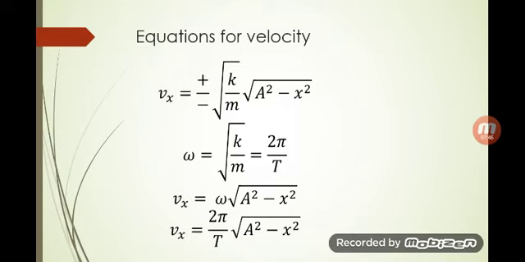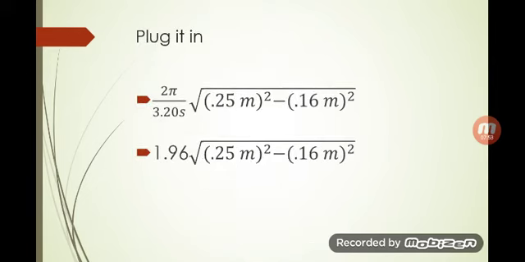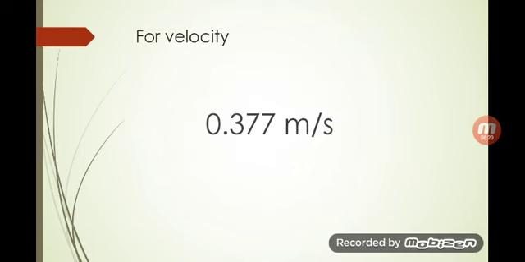So angular velocity multiplied by the square root of A squared minus x squared equals v of x. Just plug it in: 2 pi over 3.20 times the square root of 0.25 squared minus 0.16 meters squared. I divided it prematurely and made it 1.96, because it's important to know the angular velocity in the next equation. So 1.96 times the square root of 0.25 squared minus 0.16 squared